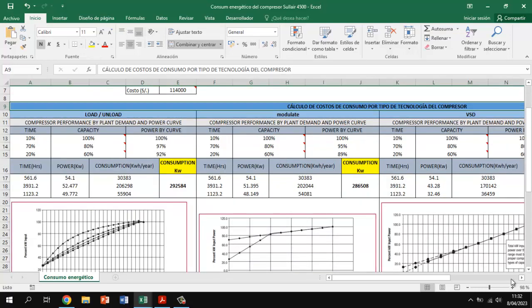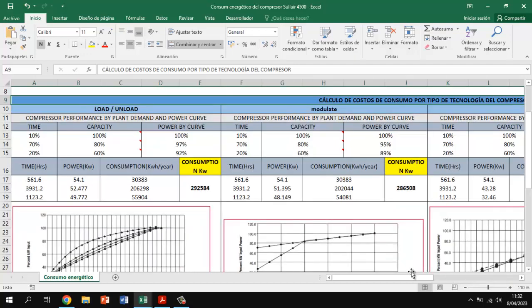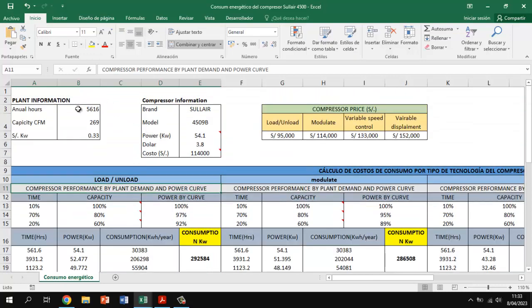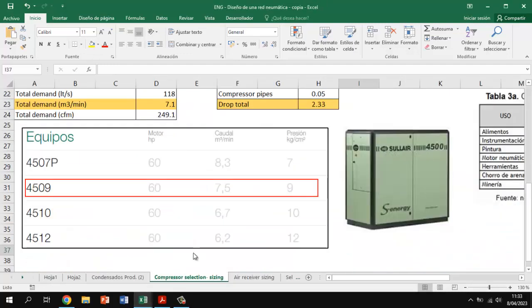How are we going to calculate our consumption for the different types of compressor technology? Let's start with load and unload. First we are going to analyze the compressor performance by plant demand and power curve. The annual working hours information is very important here. Remember that the power we have is the first or principal motor, that is 60 horsepower, but in reality